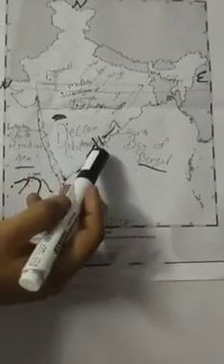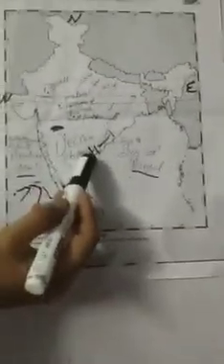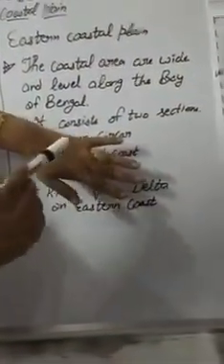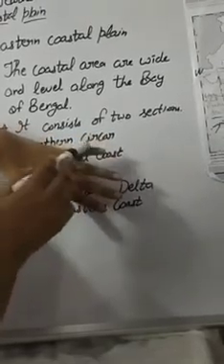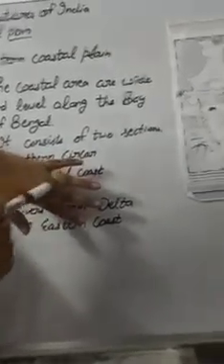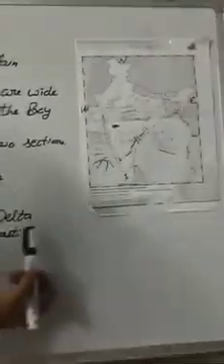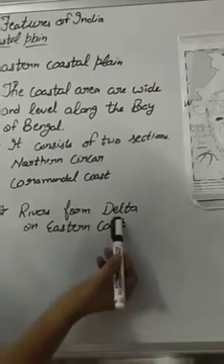On the other hand, in the Eastern Coastal Plain, rivers like the Mahanadi, Godavari and the Kaveri, when they drain into the Bay of Bengal, they form deltas. Means they are not draining directly into the Bay of Bengal; they are making finger-like projections. Before draining into the Bay of Bengal, they divide into parts and make distributaries, and the area is known as a delta. So that's why the eastern coastal plain rivers form deltas.